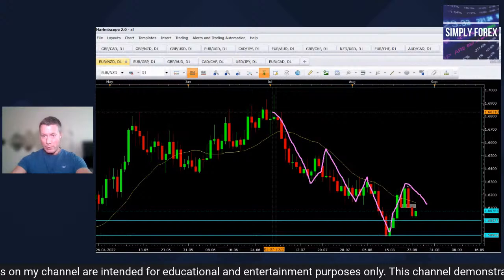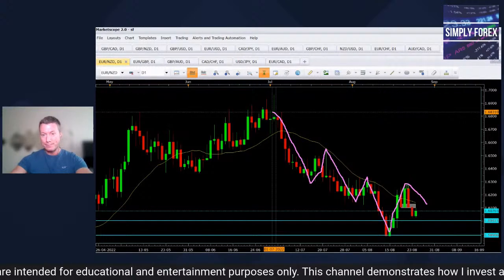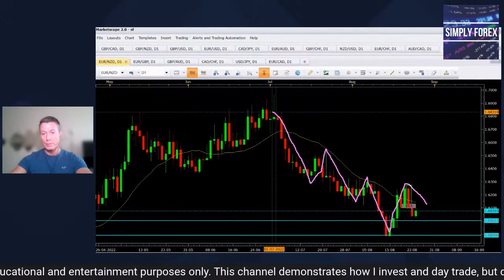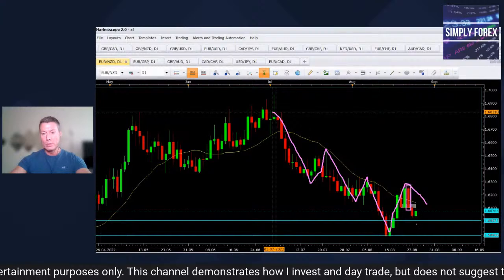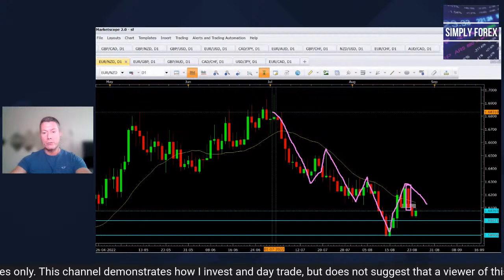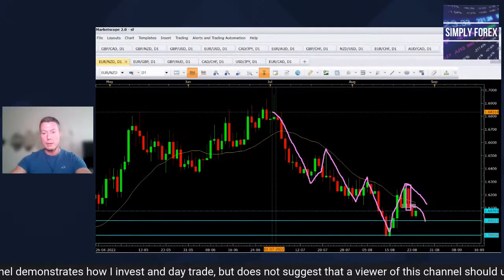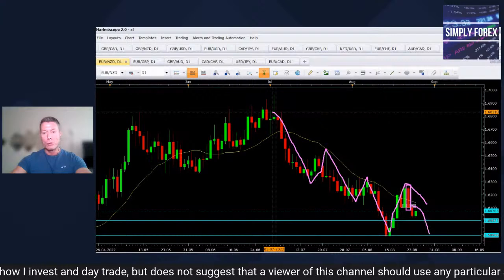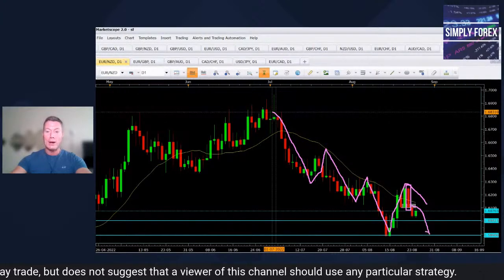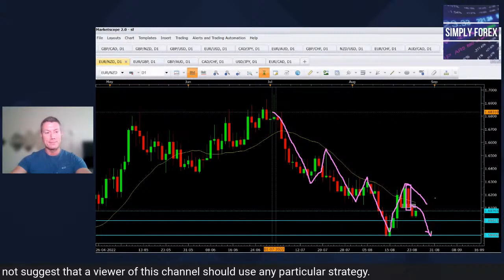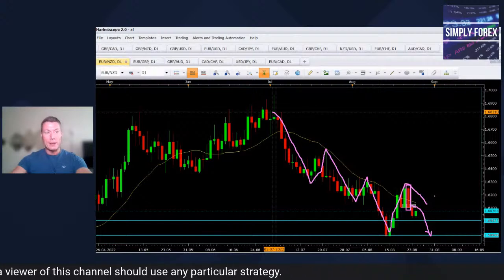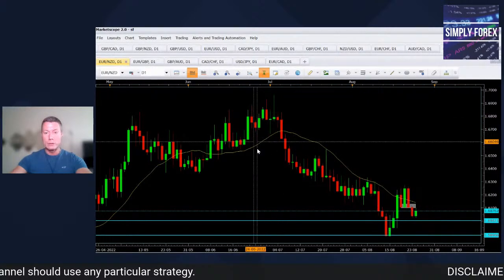Then we had this candle here, which formed a couple of days ago. The idea was to come from our grey zone and take it potentially back down to this blue line or even this blue line. These are our higher time frame targets. So that was the idea: Euro New Zealand short.